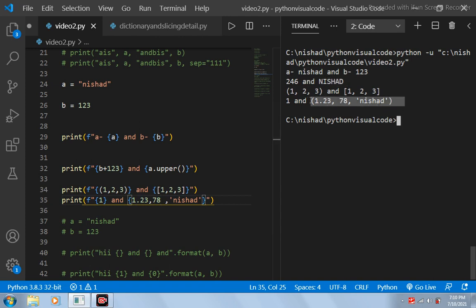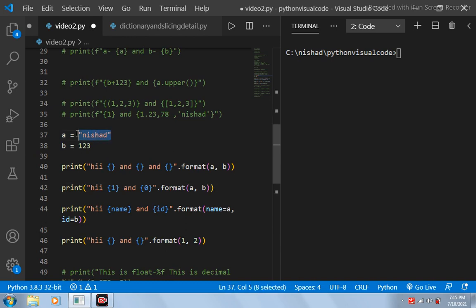Okay, so another way is using this f string. Another way to use the print function is by using this f string. Another way, if you want to print the values assigned to a particular variable, is by using this format function. Here, first of all we will write the string that we want to print on the terminal, and wherever we want the values of the variables, we will put these curly braces. After the string has ended, we will use this syntax, that is dot format, and this is a function, right? We will pass the variables that we want to print as arguments to this function.